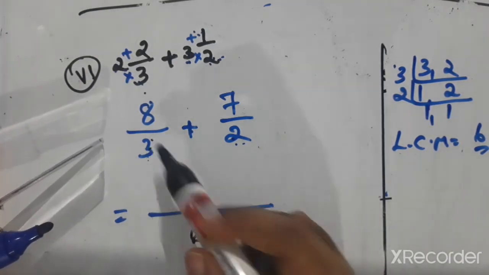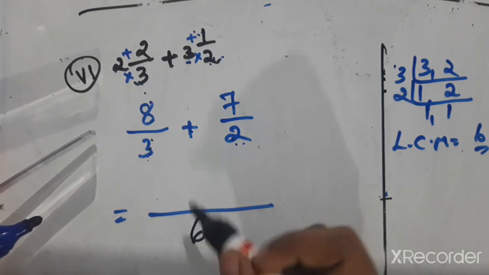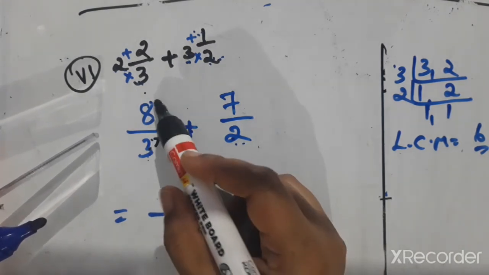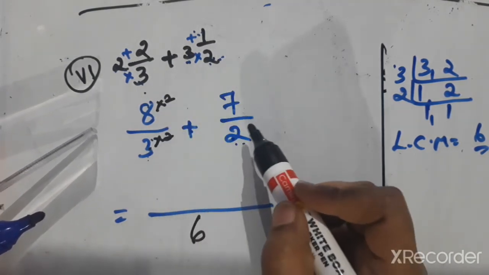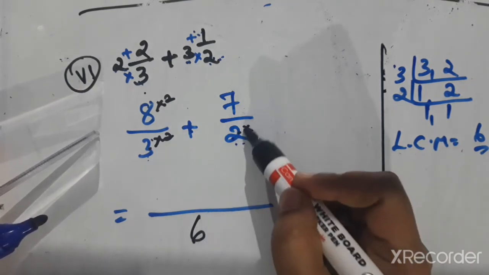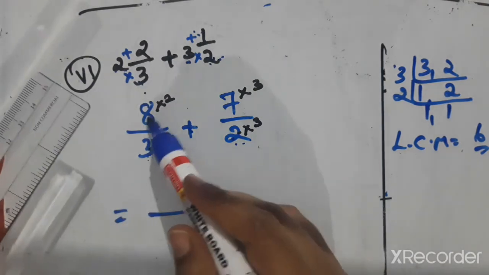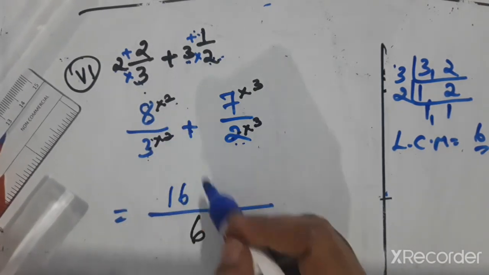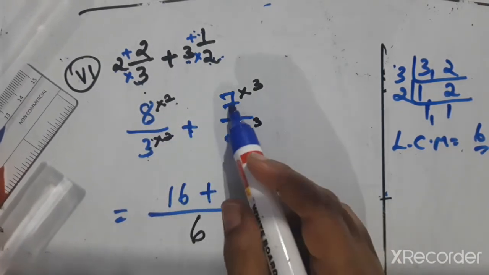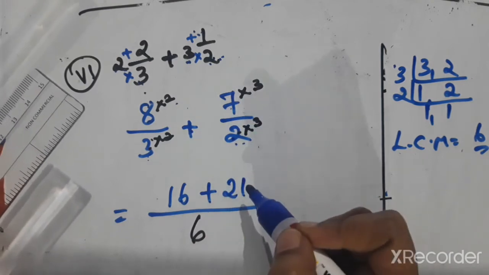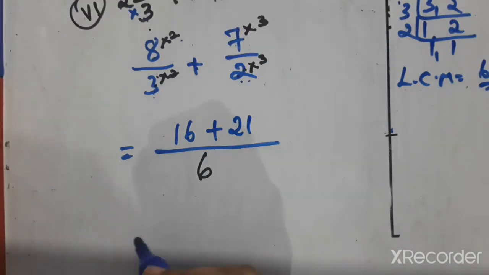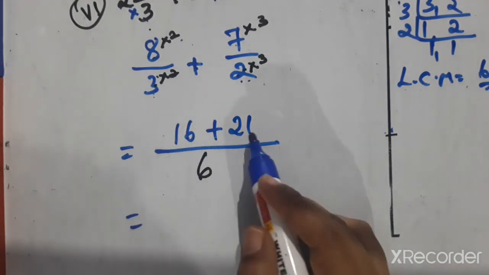Now 3 how much are 6, children? 3 2s are 6. Same number we have to multiply up. 2 how much are 6? 2 3s are 6. Same number we have to multiply up. Now 8 2s are 16. Here plus symbol, so we have to write plus. 7 3s are 21. So the answer is 16 plus 21 is